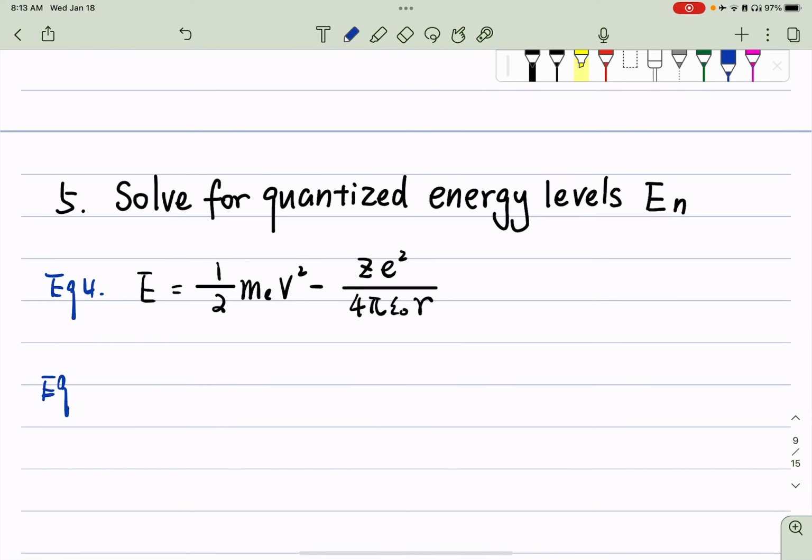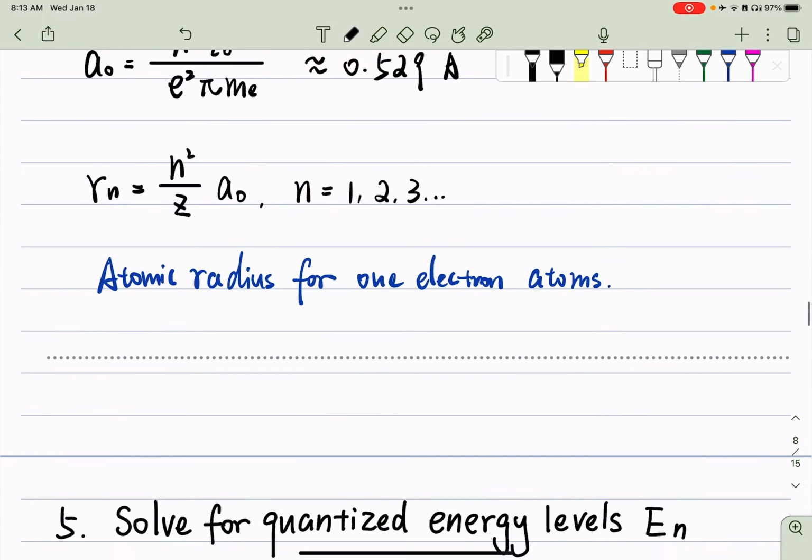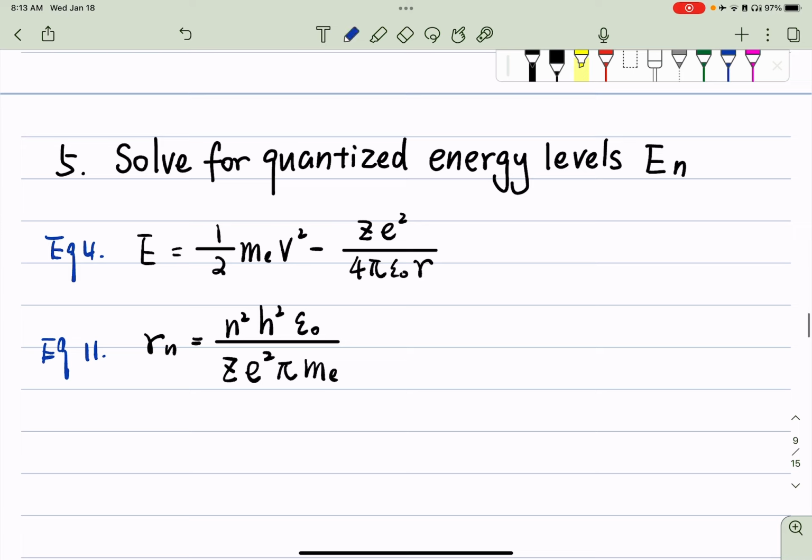From equation 11, we have R_n equals n squared h squared epsilon naught over Z e squared pi m_e. This is what we just solved here. We also have equation 7 for the velocity, if you remember: velocity equals nh over 2 pi m_e r. So we're just going to do lots of plugging in of terms here. So the R_n